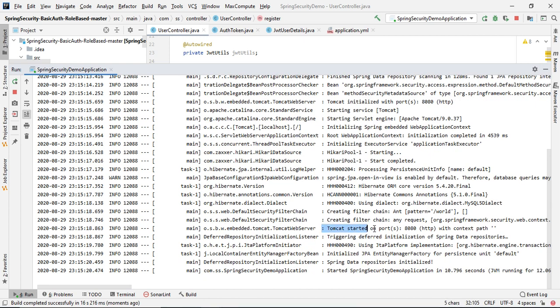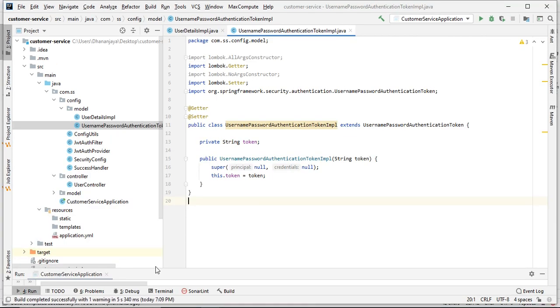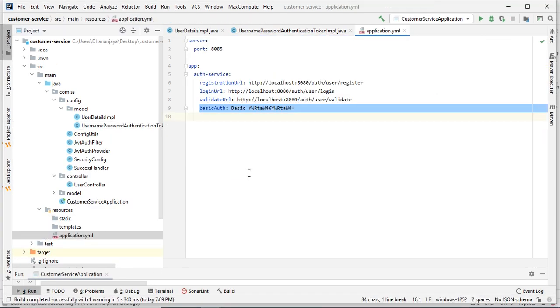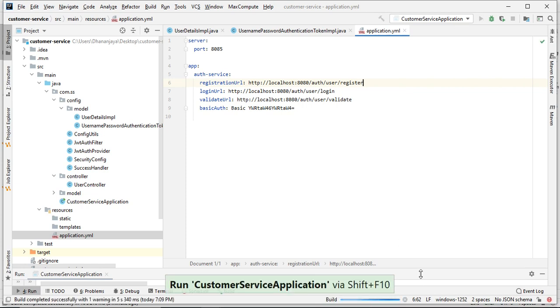Yeah, Tomcat started on port 8080. Since it has started on 8080, I have configured port 8085 in the customer service, because you can't run the same port in two different microservices. So let's run this service also.